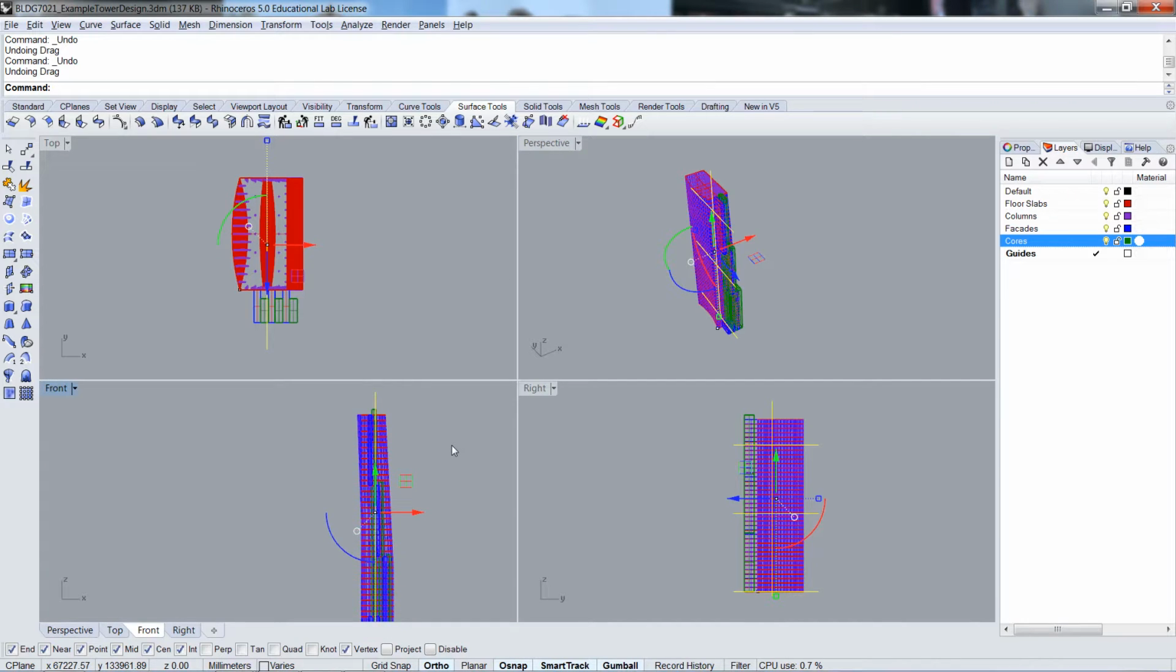Now in the previous video we had a look at how to do a very simple section, but the limitation of it was that you didn't get any of the background detail. In this demonstration we're going to do a slightly more complicated approach to creating a section through our building, and